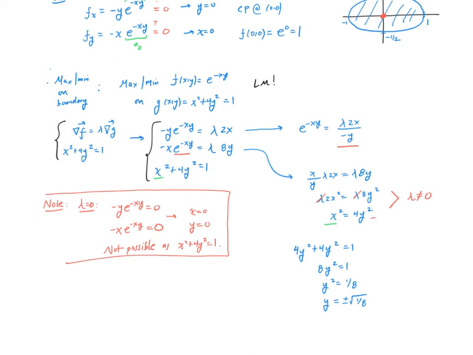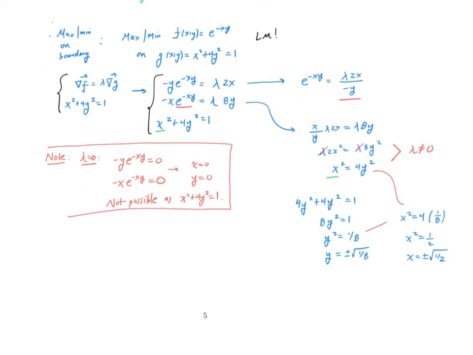So if we combine those two steps, we would find x squared is 4y squared, so 1/8, which means x squared is 1/2, or x is plus or minus the square root of 1/2. And this gives us